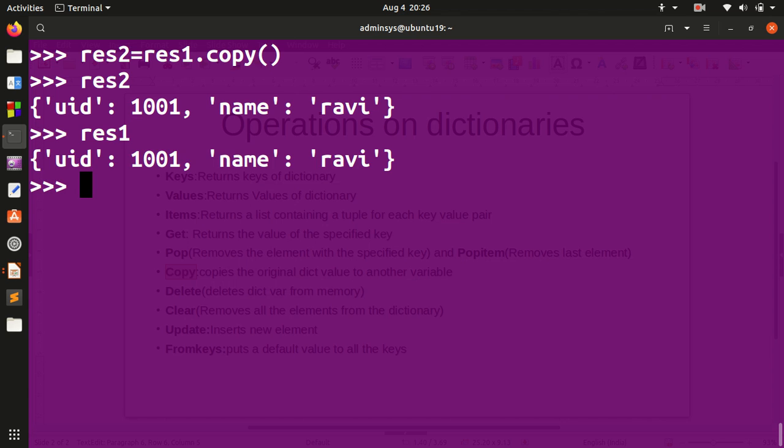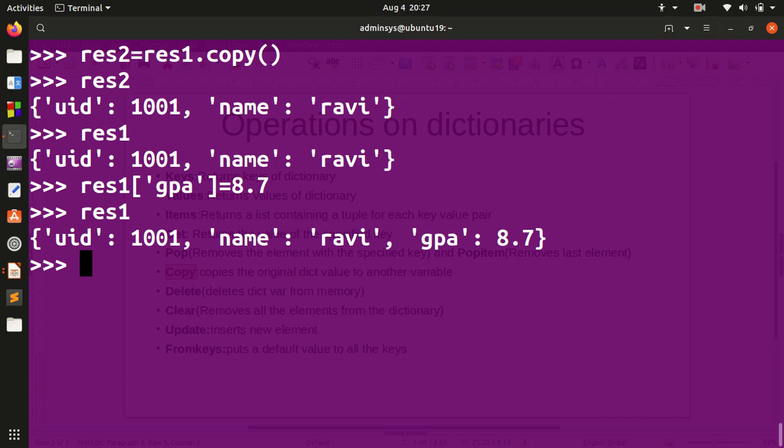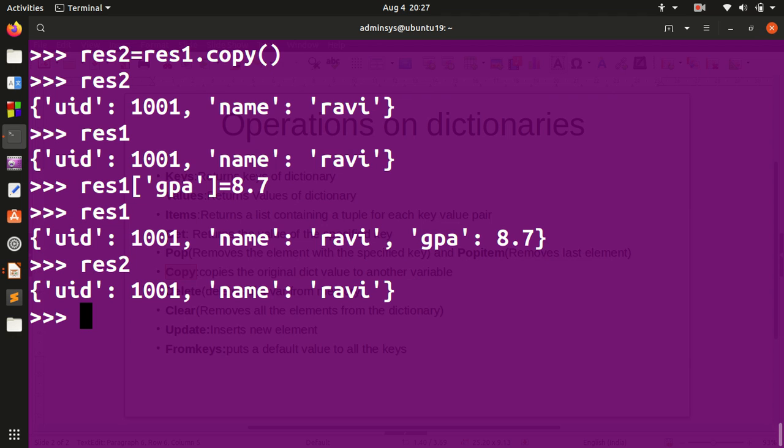Now if I do any modifications, let's say res1 of GPA equal to 8.7. Now if I check res1, it returns the values UID, name, GPA. Here GPA is added newly, but if I check res2, it did not modify anything. So this is how you can use the copy method. So it does not have the same identities.